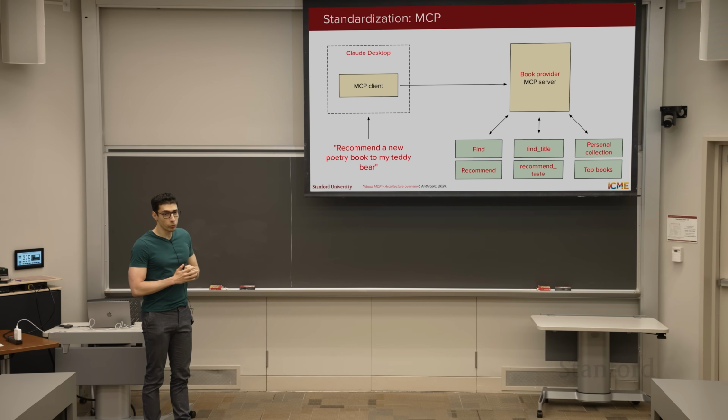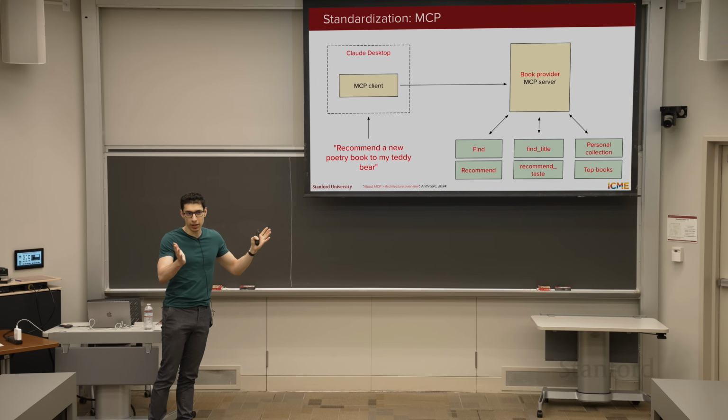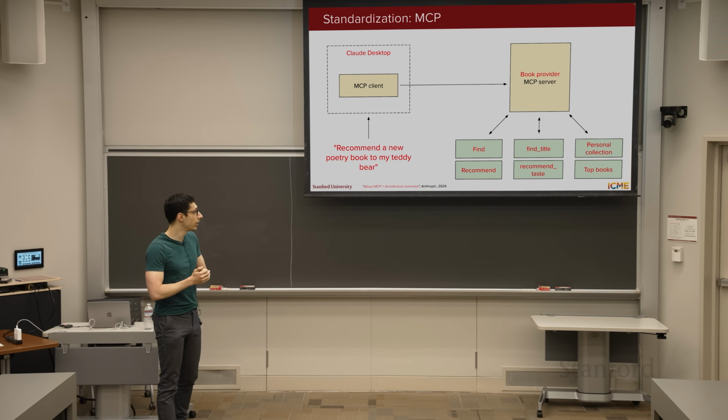Your MCP server would probably be implemented by your book provider, because typically they are the most expert at serving such content. And we could assume that the book provider MCP server has tools regarding finding books or recommending them,